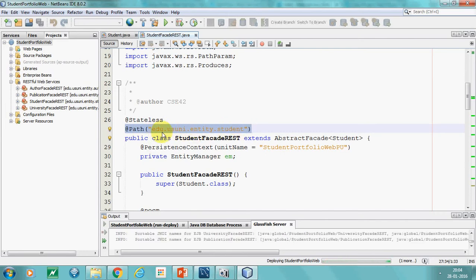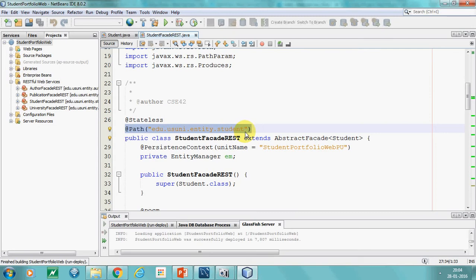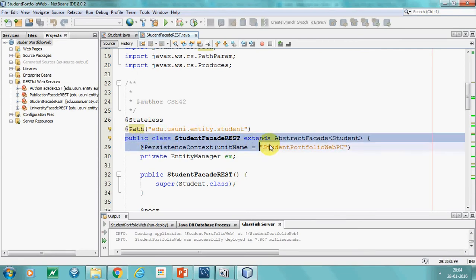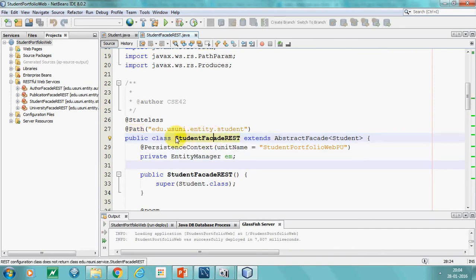After that, this name represents the resource type name. So the at path annotation: whenever this resource type is mentioned in your URI, then an instance of the following class would be created. That is called student facade.